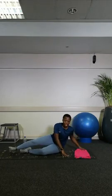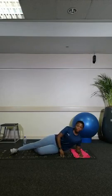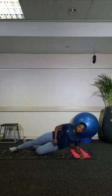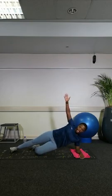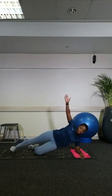Right, position yourself. Elbow directly underneath shoulder. Bottom leg bent, top leg straight, in a straight line. And I lift my hips off the ground. Hand up, lift the top leg off. And we're going down and up. 1, 2,